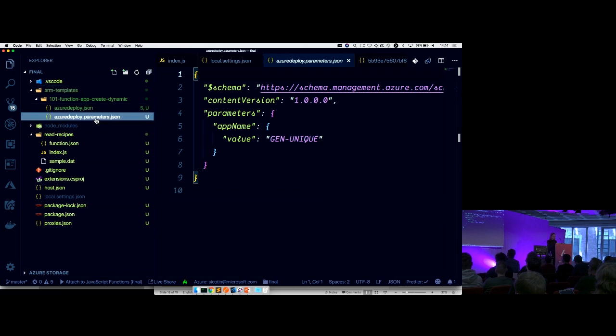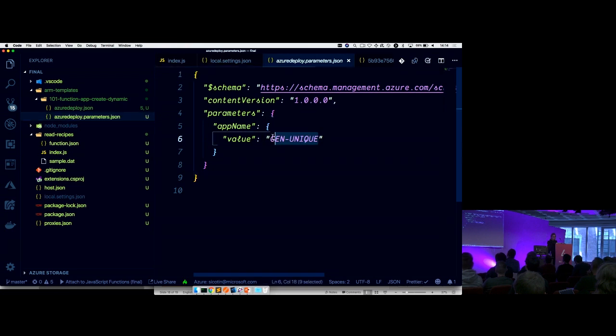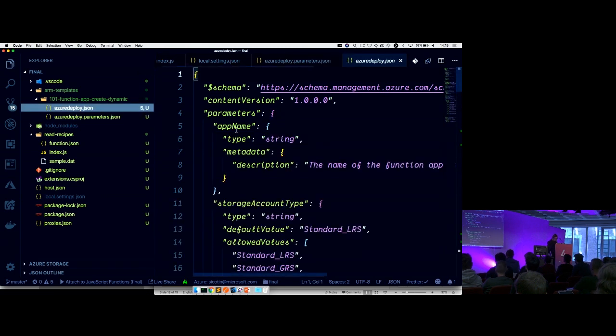And then in parameters, I can define the name, I can define a parameter for what we'll see in the next file. But let's say NDC London 5. So this string is going to be part of our URL, which is available globally, so it has to be unique. That's why I use NDC London 5. I already deployed a couple of them. So I'm saving this, and then looking at Azure deploy.json.